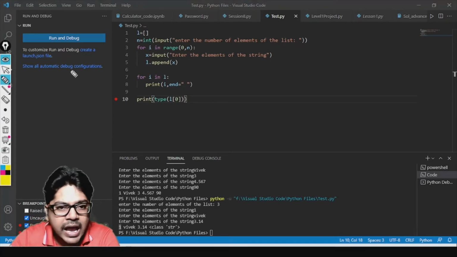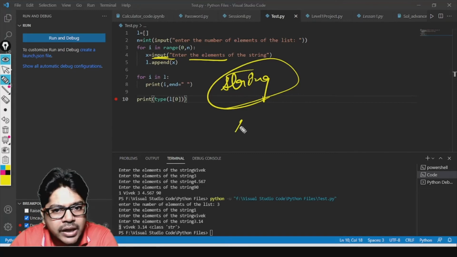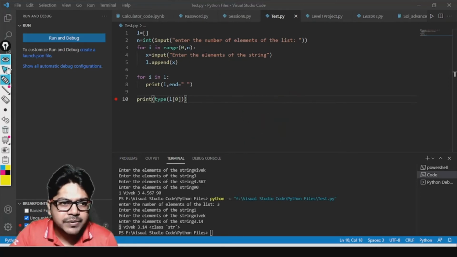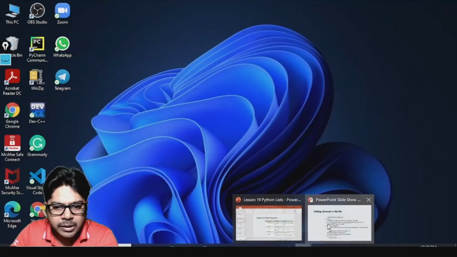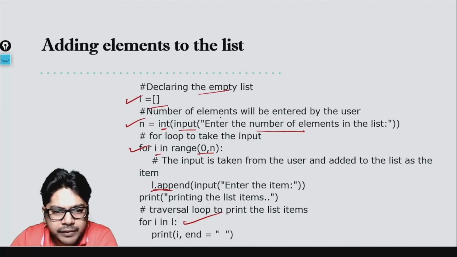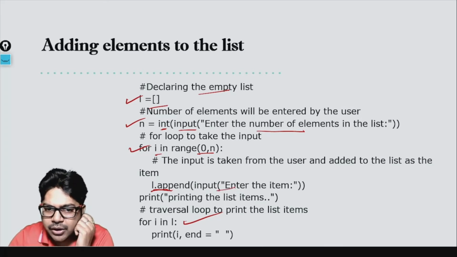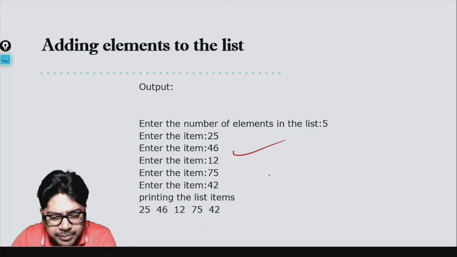The reason is that I am using the input function, and the input function by default takes everything as a string. So if you want that to be an integer, then in that case you should use int there, right? If you have that requirement where you want to make a list which is only of numbers, then better you use int there. Okay, so that was all about this program, and we got the output also. Here we are just adding the item into the list without converting it into an integer. We are not typecasting it.